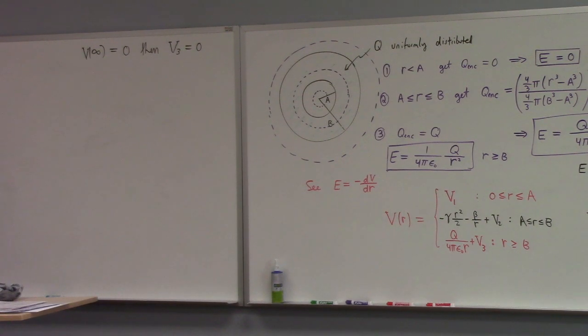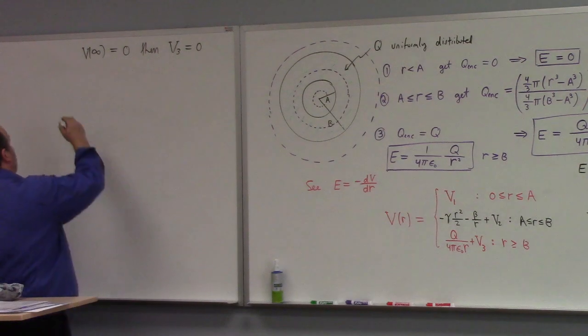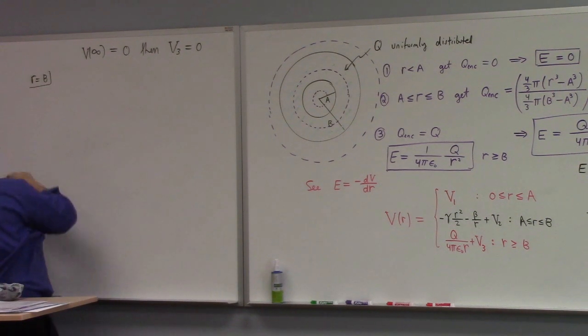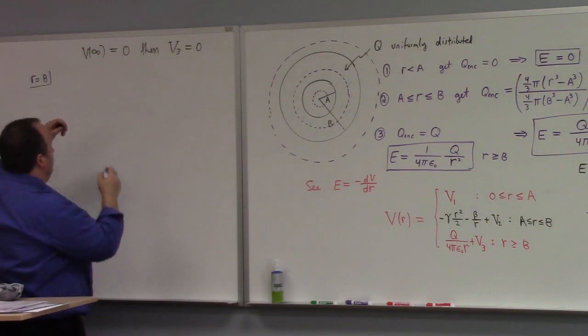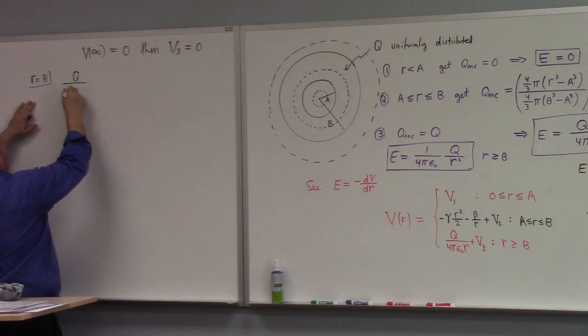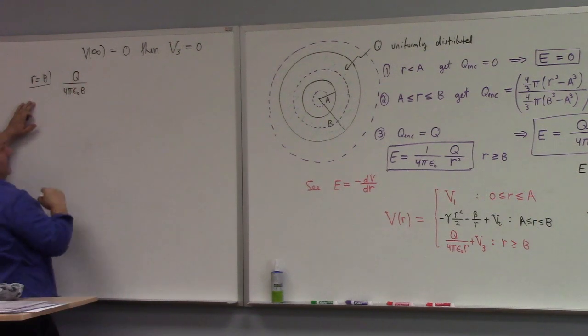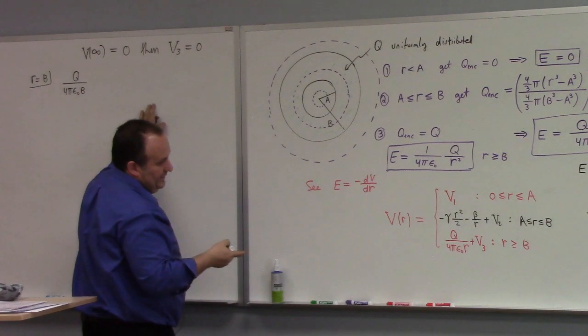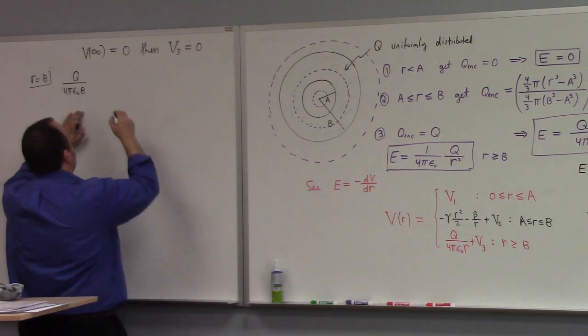At R, we need to look at R equals B. So at R equals B, we'll have Q over 4 pi epsilon naught B from the Coulomb potential on the outside. And that's going to have to be equal to,